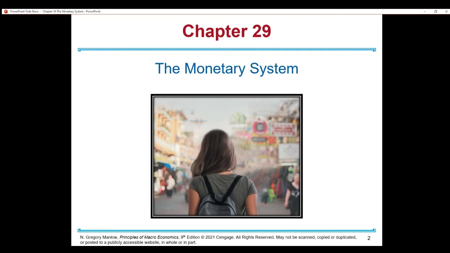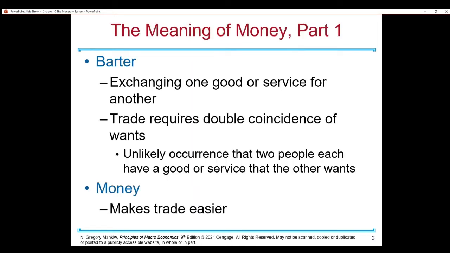In this lecture, I'm going to be going over the PowerPoints. There isn't a lot to write. It's mostly just discussion and lecture, so I didn't really think we needed the paper and the pen approach for this one. We're going to be covering chapter 16. I know it says chapter 29 on here, but in the book it's chapter 16, the monetary system. The monetary system is how our money works in society. To engage in market activity, money is a necessity.